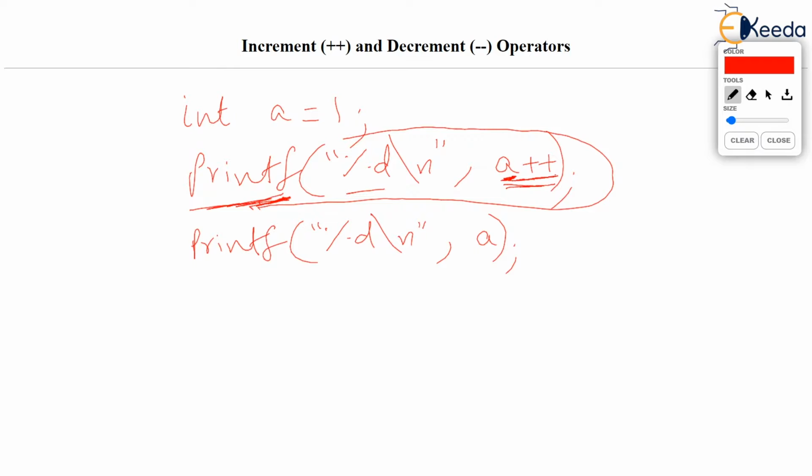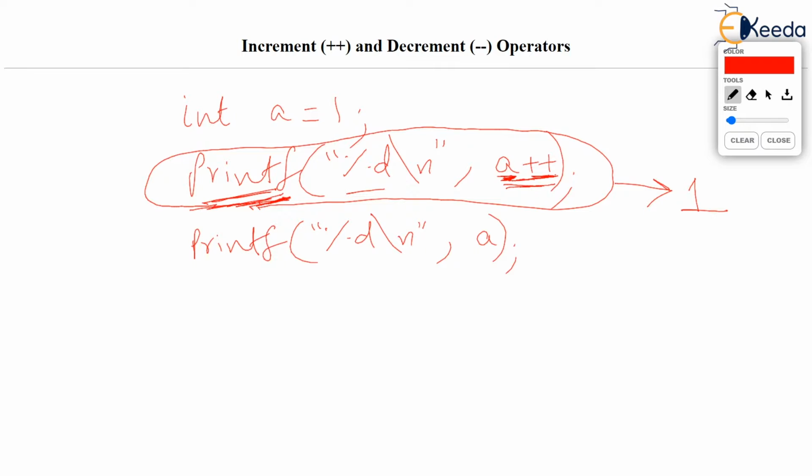So this entire statement can be read as print value of a, and after printing value of a, increase a by 1, because this is post increment. So what will be the output due to this printf? Output due to this printf will be 1, because this printf is printing a, and a is 1.